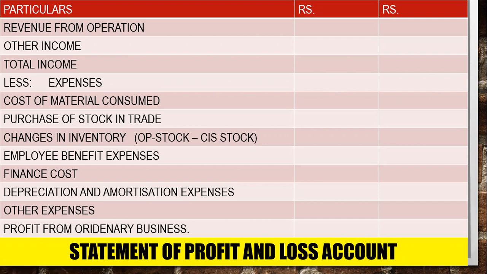After that, employee benefit expenses in the business or in the company. What is employee benefit expenses? Like you are giving salary to them, wages to them, or whatever you are giving to your employee, this is beneficial for them, but expenses for us. So you can write salary given, wages given, bonus, whatever you are giving to your employee, this is an expense for you. So you can write over here whatever is related to your employee benefit.